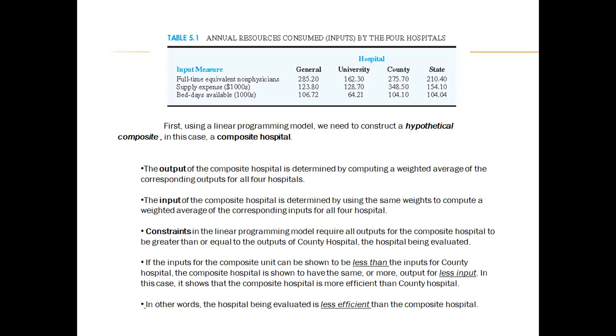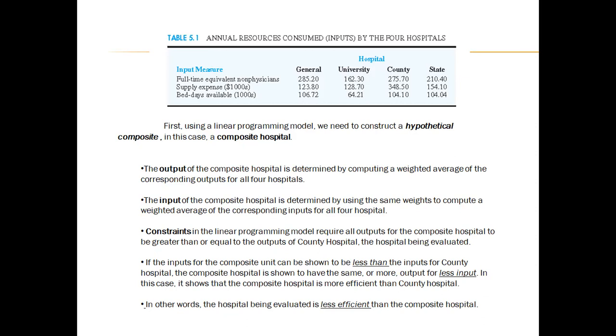For University Hospital, we have 162.30 for FTE, supply expense 128.70, and bed days available 64.21. For County Hospital, we have 275.70 for the full-time equivalent non-physicians, 348.50 for supplies, and 104.10 bed days available. And the last one is State Hospital, in which we have 210.40, 154.10, and